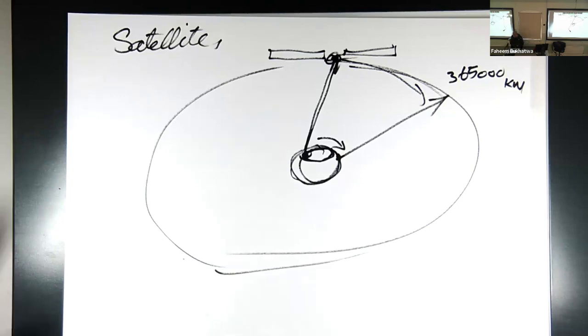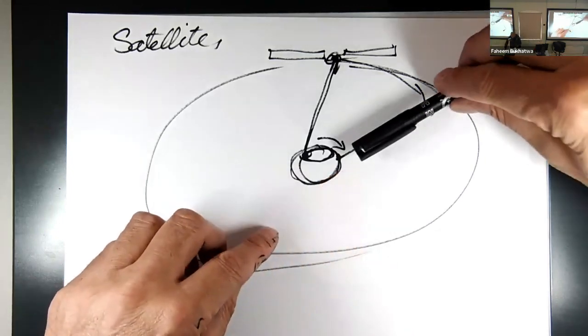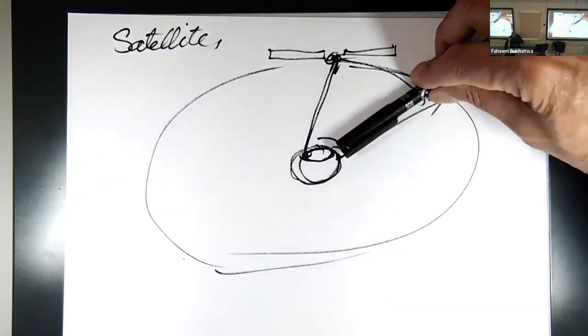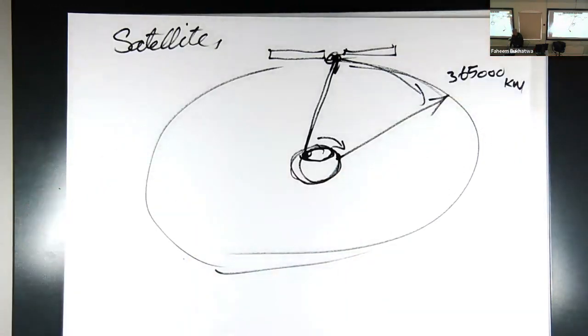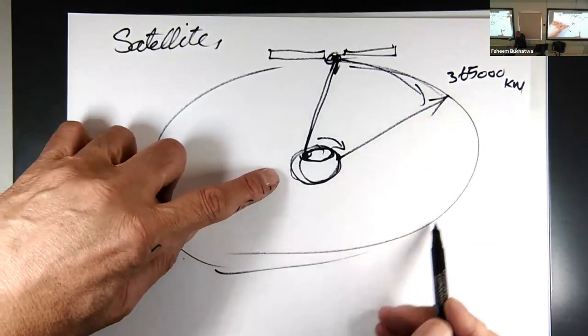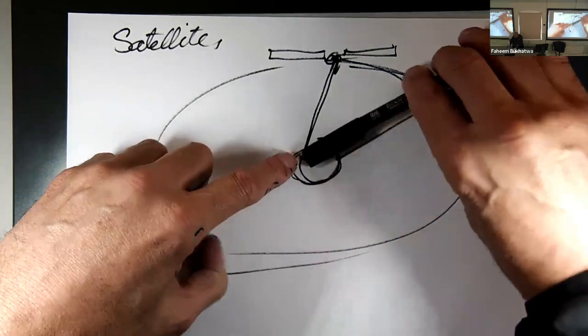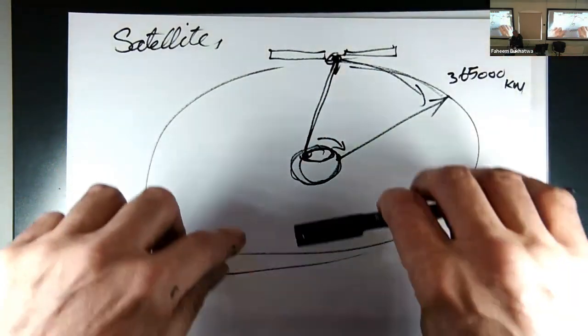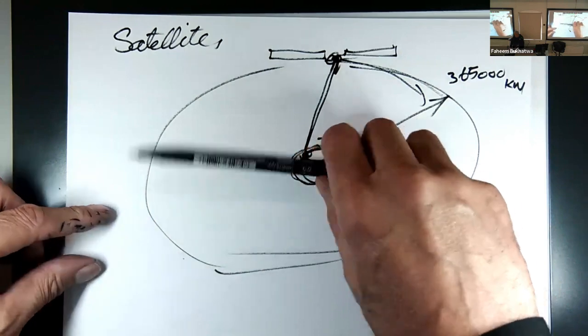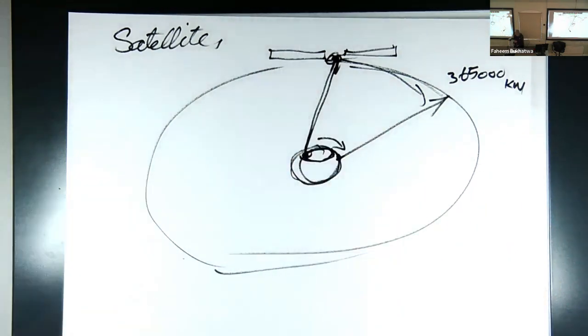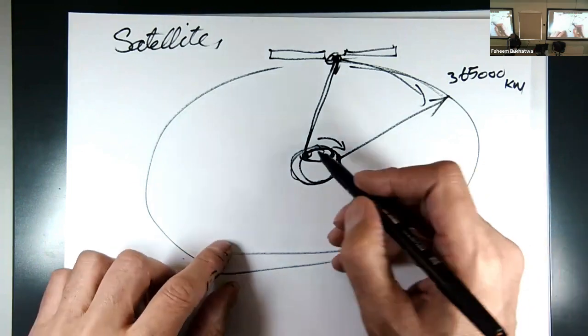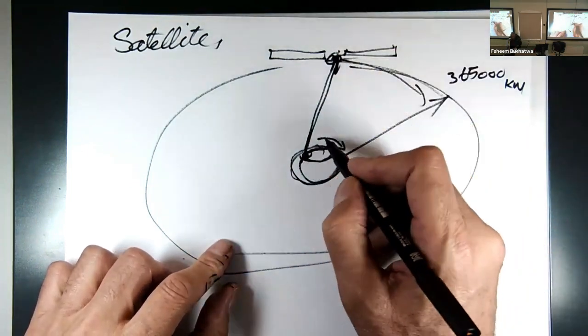If you had somebody fixed outside Earth watching it, the point will be traveling around 1,000 kilometers an hour normally, because every point, like we are now, is rotating at approximately 1,000 kilometers every hour. Now these will travel at a much faster rate, but still their rotational or angular speed is one full revolution every 24 hours. And the reason is that when you transmit the signal to that satellite, the TV signal,